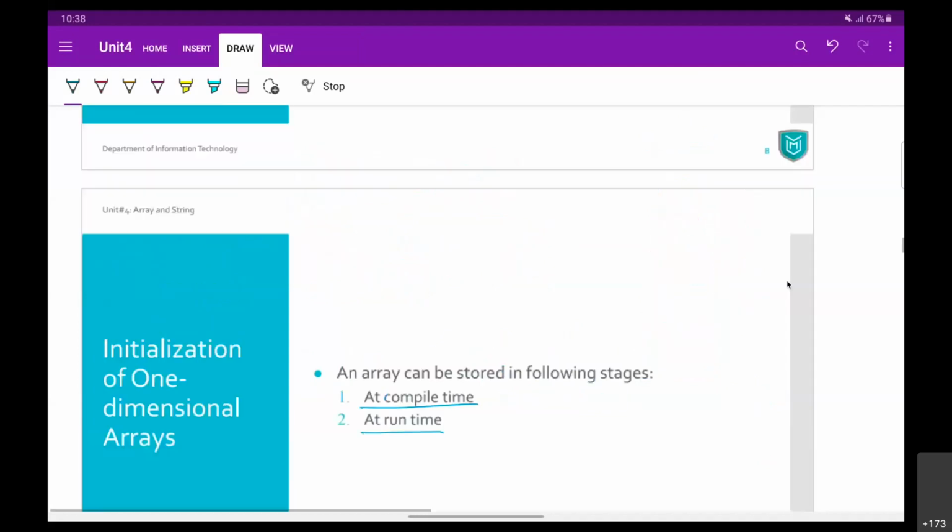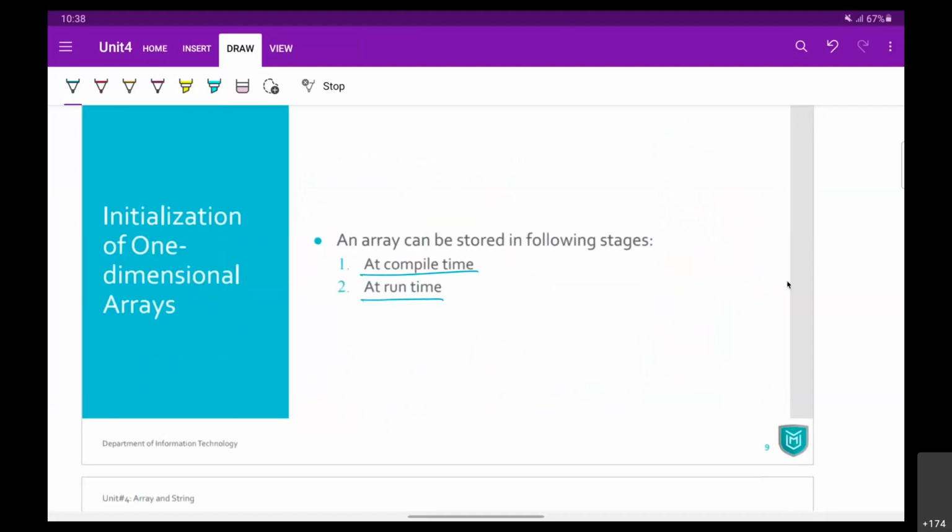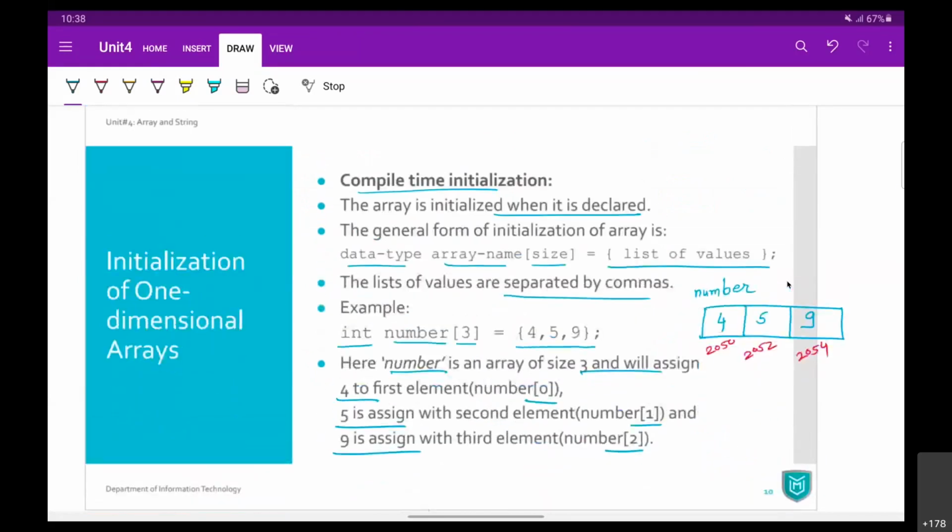That was the declaration. If you want to initialize, there are two places where you can assign values: at compile time or at runtime. For compile time initialization, when you declare your array, at the same time you assign a few elements. Just put equals to curly brackets, and inside them give the list of your values separated by commas.